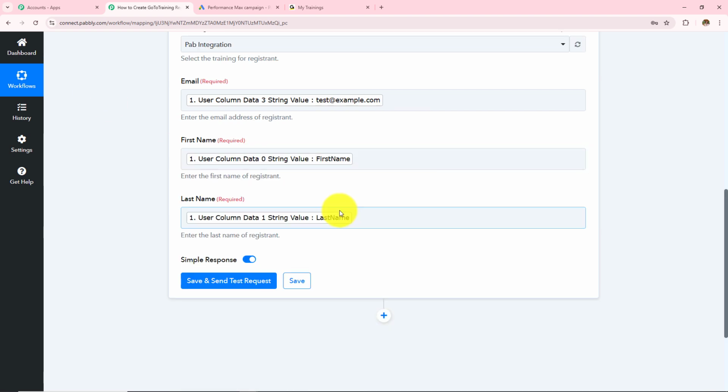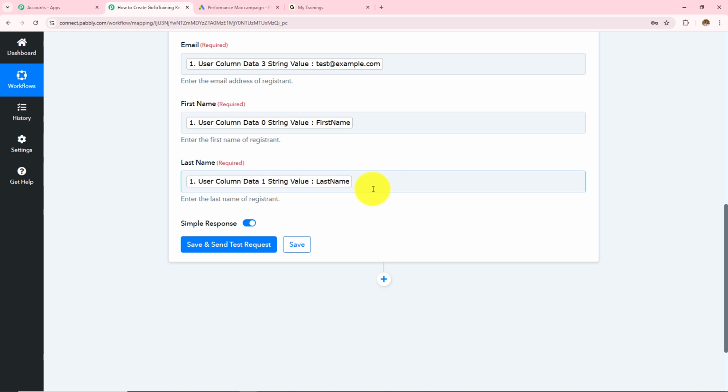Now over here, mapping is important so that every time you receive a new response, it is taken into consideration in these fields. Manually entering the data will make these fields static, and the information will not change even if you have received a new response. If I manually enter any detail, this field will become static, and every time I receive a new response, the result will not change. So to keep these fields dynamic, we use this mapping process instead of manually entering the details.